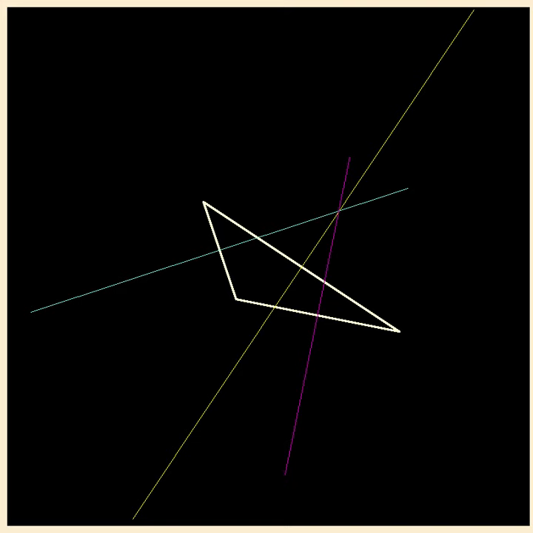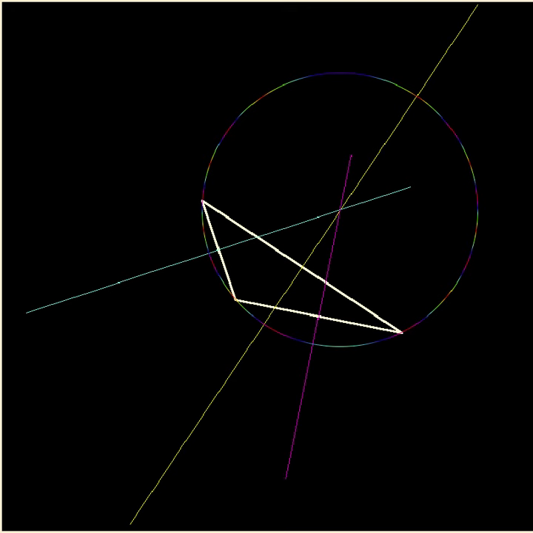And that point, because it is on the yellow line, you know it is the same distance from the top left as from the right. Because it is on the purple line, you know it is the same distance from the right as from the bottom left. Because it is on that cyan line, you know it is the same distance from the top left as it is from the bottom left. So it is the same distance from all 3 points of the triangle, which means you can draw a circle around that point